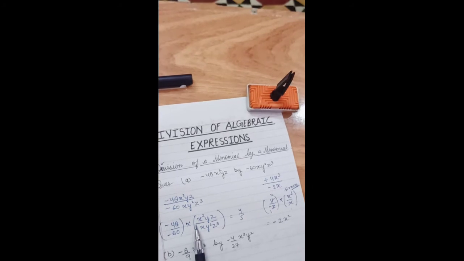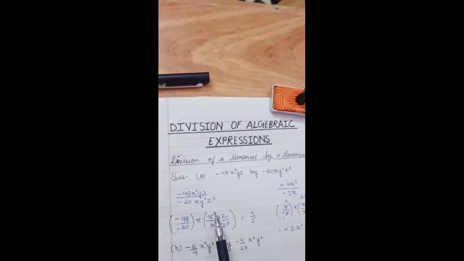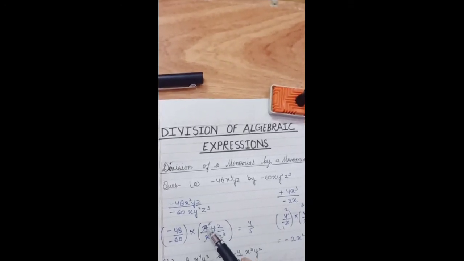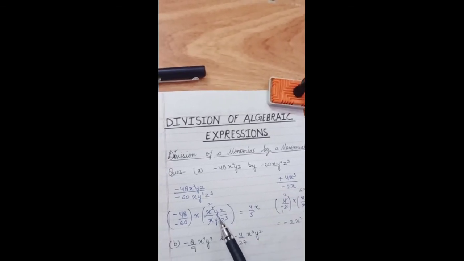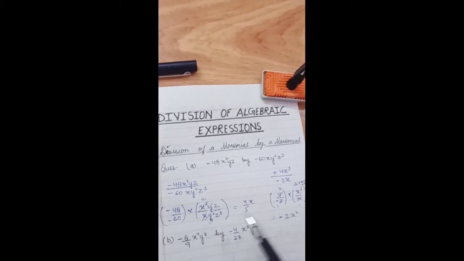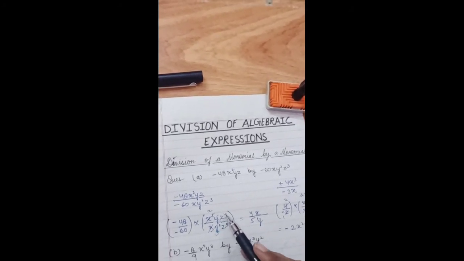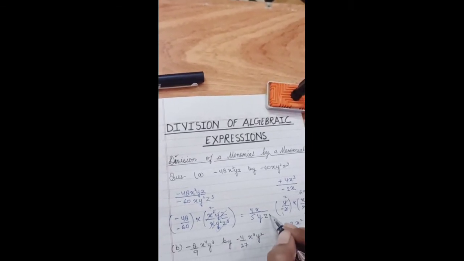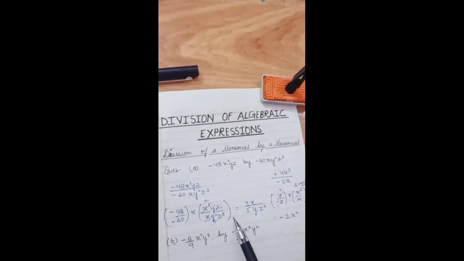Now what about the variables? Here you can see that here is x to the power 2 and here is only x, that means x to the power 1. So when you cancel out, 1x will remain in the numerator, right? So here we write x, and now see this y cancels out, but 1y will remain in the denominator, right? So we write y in the denominator. Now again cancel out z and z. Now z to the power 2 will remain in the denominator. So this will be your answer.